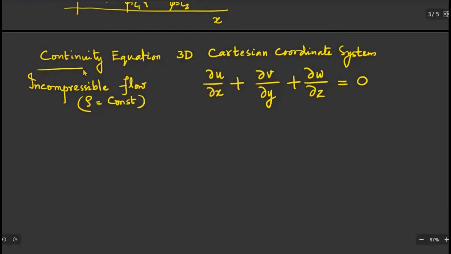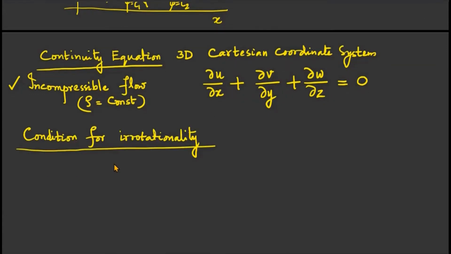Important one you have to remember. For a physically possible flow field, the velocity components must satisfy the continuity equation. So this is a very important equation you have to keep in mind. This is basically for incompressible flow. If it is compressible, then the density part should also be taken into consideration. The time part also will come.